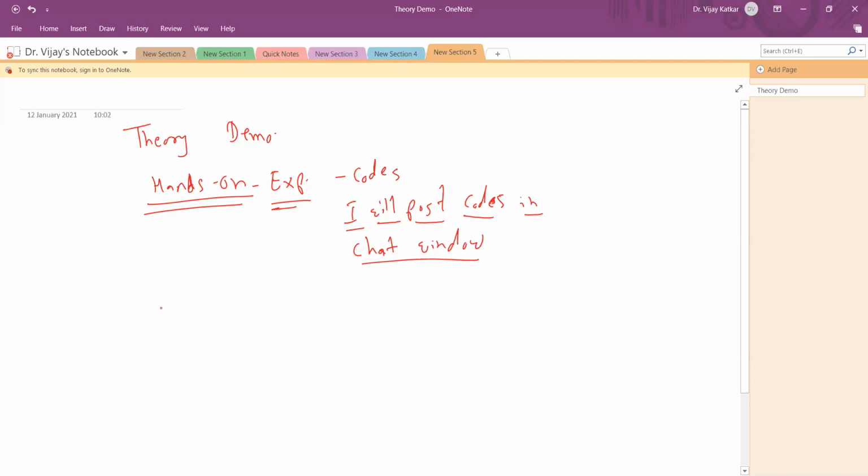So here, the very basic question is: if you are going for hands-on, what kind of platform should we use? It doesn't matter what kind of platform you are using. You can use Jupyter Notebook, PyCharm, or Spyder.